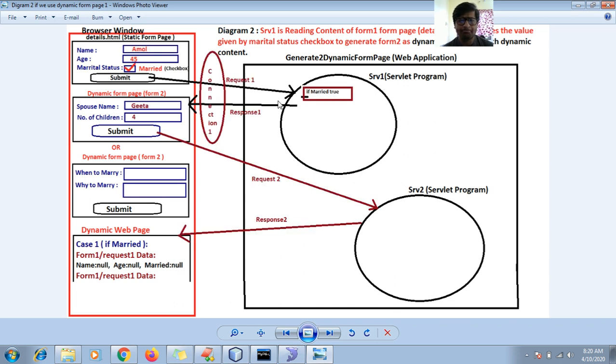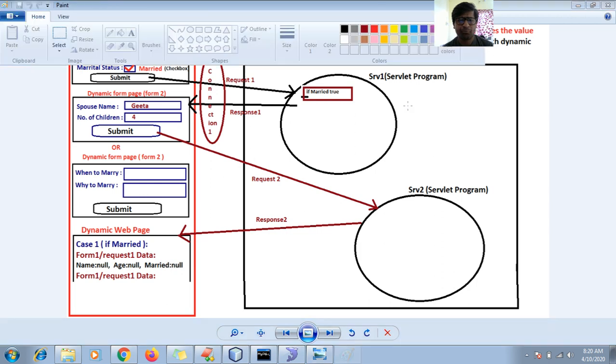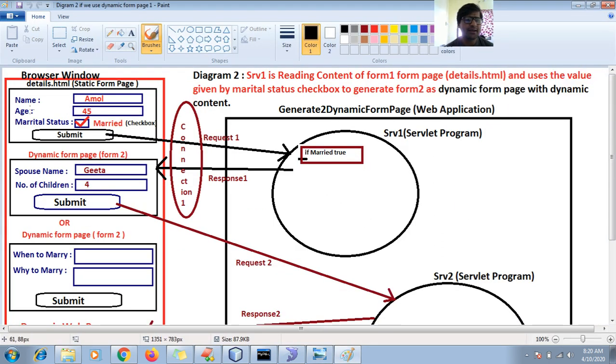So if you look at this example, open with Paint. In this example, this is the browser window. In this browser window, details.html, the static form page. This form is already filled in yesterday's session. Why? Because of a power cut, and as I said to you earlier, I lost the video tutorial contents and the video has been corrupted, so I could not publish that corrupted video to the advanced Java course, Servlet course. So today I created it, so this form is already filled. Name is Amol, age is 45. This guy is married, right? When he hits submit,